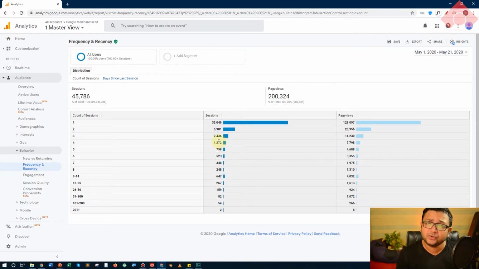Now, how do you use this report? This report can be used for understanding probably the performance of a promotion. Let's assume that you had started a promotion in a particular month and then you wanted to see if that promotion is getting you new visitors to the website or not. This is a good indicator for that. The more these new visitors are from the previous periods, basically, the better the promotion is running, probably, right?